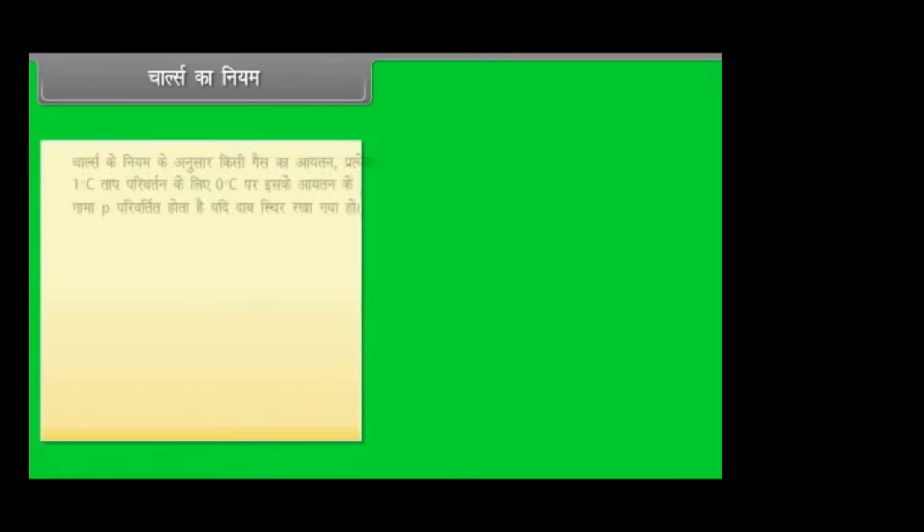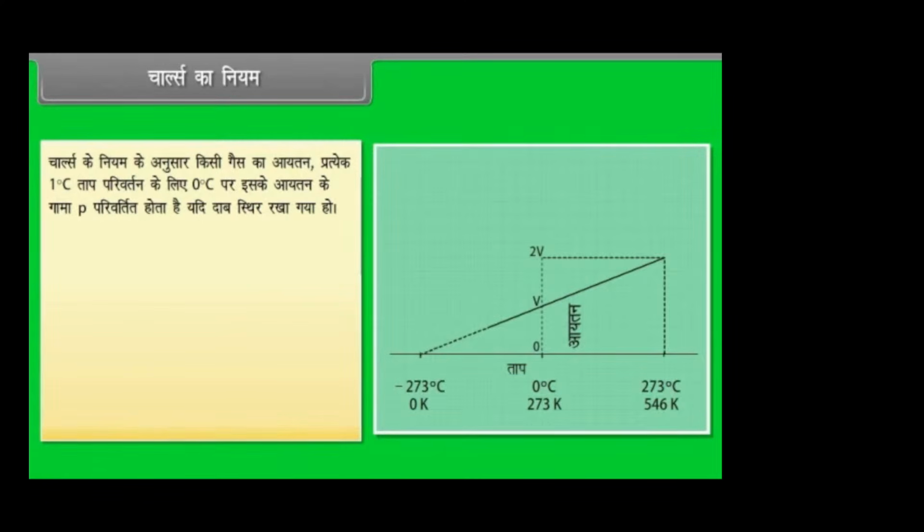चार्ल्स का नियम। चार्ल्स के नियम के अनुसार किसी गैस का आयतन प्रत्येक 1 डिग्री सेल्सियस ताप पर परिवर्तन के लिए 0 डिग्री सेल्सियस पर इसके आयतन के γp यानी गामा P गुना परिवर्तित होता है, यदि दाब स्थिर रखा गया हो। V = V₀(1 + γp θ), जहां V θ डिग्री सेल्सियस पर आयतन है तथा V₀ 0 डिग्री सेल्सियस पर आयतन है।